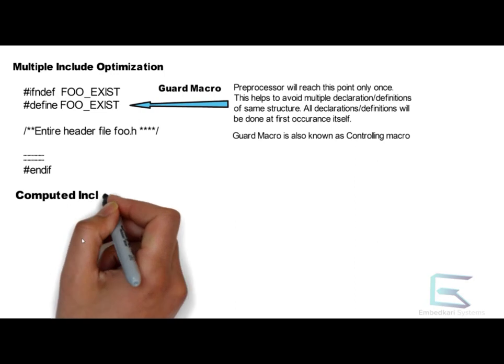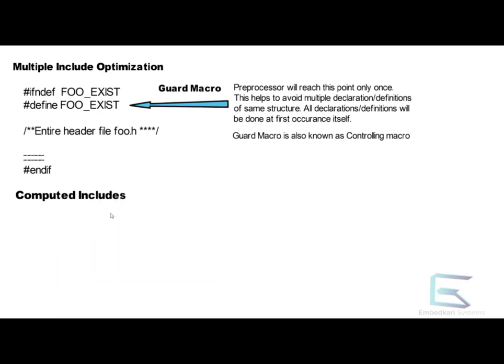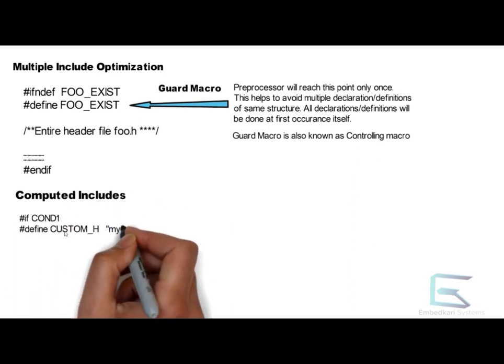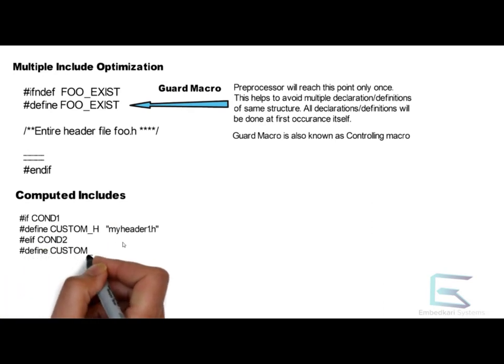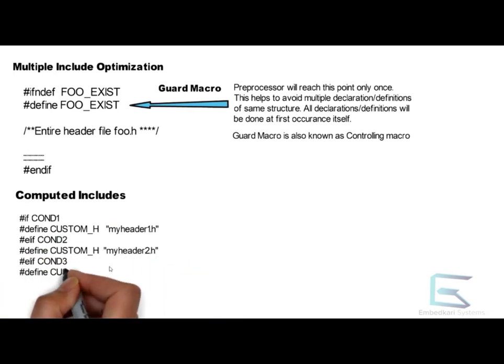The second requirement is computed includes. What does that mean? If you have multiple header files because of different versions, so what you can do,